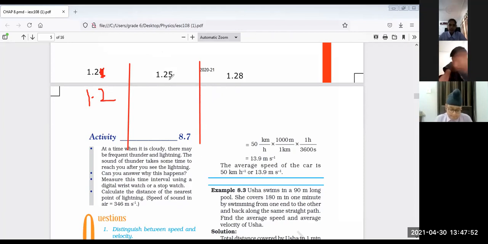Here you have second number 5. So you will remove it, but you add 1 in the previous number. So 2 की जगह पे 3 आ जाएगा और 5 remove. Similarly, यहाँ पे 8 है, which is greater than 5. So 2 की जगह पे 3 आएगा and 8 will be removed. But if it is 5 or greater than 5, तो previous number में 1 add करोगे. If it is smaller than 5, then you will simply remove it. I hope it is clear.